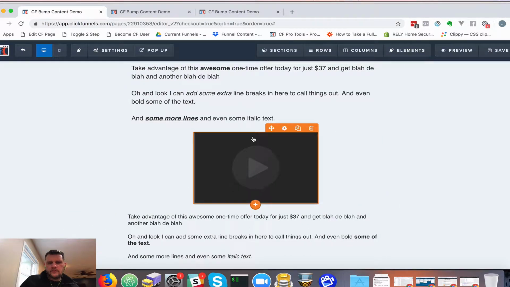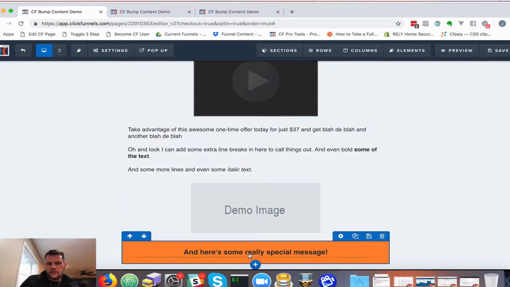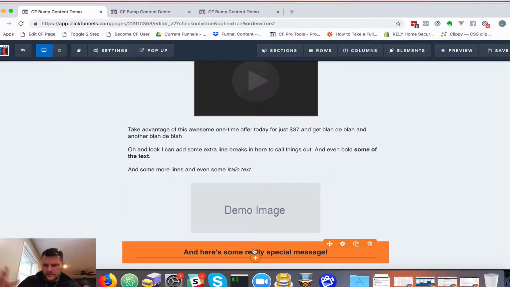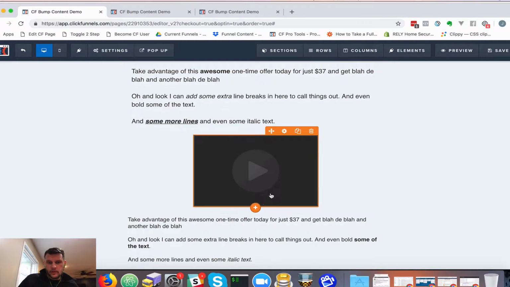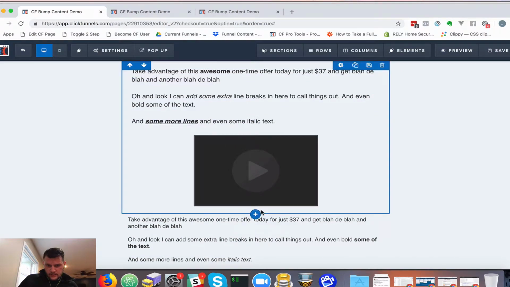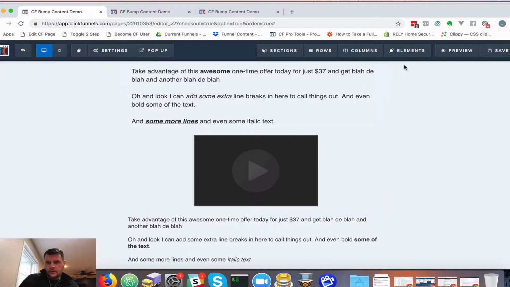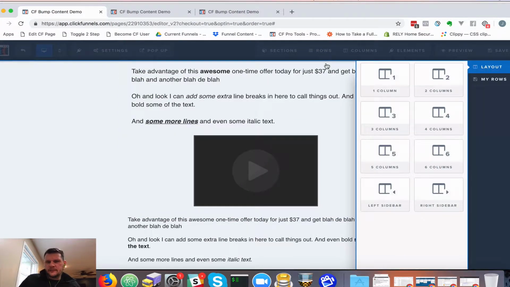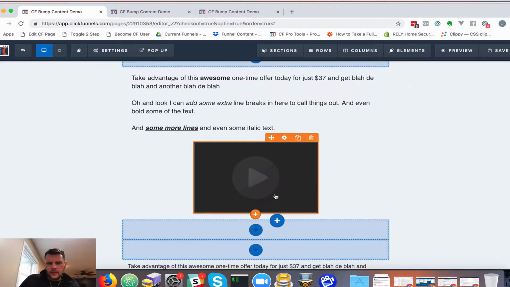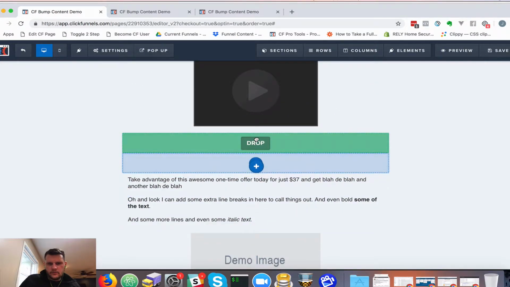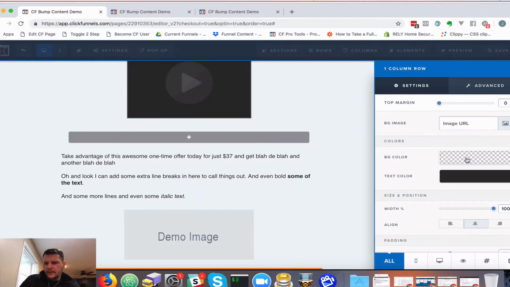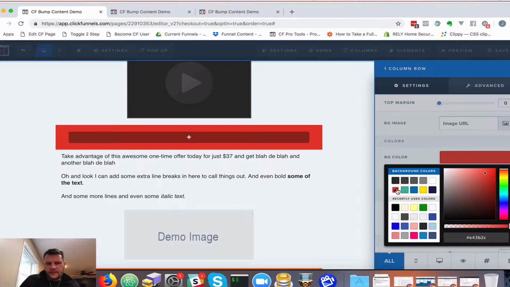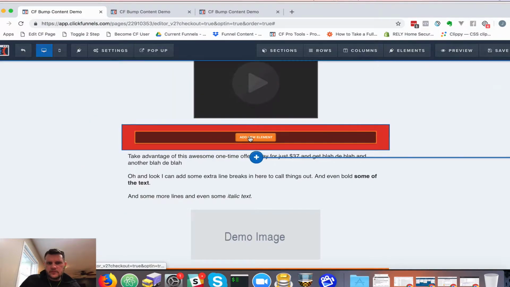And then let's say we want to do something like this, which is, hey, we've got this other kind of bolded button type look, or a little headline that's going to stand out a little bit. So what we can do is actually insert another row. We'll scroll down a little bit here, and we want to insert another row. Let's do it this way because there's no padding, so it's a little finicky. So we're going to do a 1 column row, drop it just right below this one, and first give us our color here. We're going to set a background color on this one so that it pops out a little bit. We'll do a red, and then inside of this we're going to do a new headline,